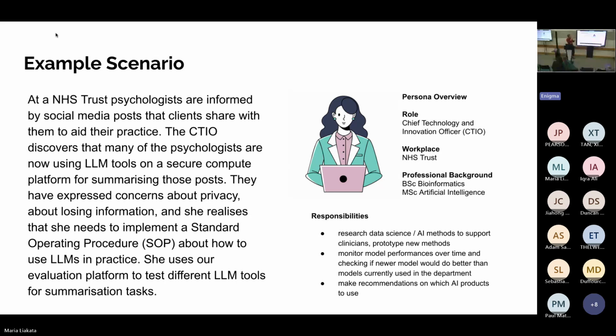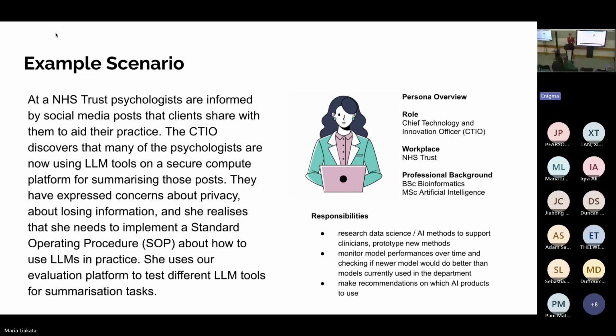And she works at an NHS trust where psychologists are already using social media posts with the consent of their clients to use them for mental health assessments or just in their practice in general. And the CTIO is concerned in the way that people use these LLMs, and she wants to find out what the best way of using LLMs for this use case is.